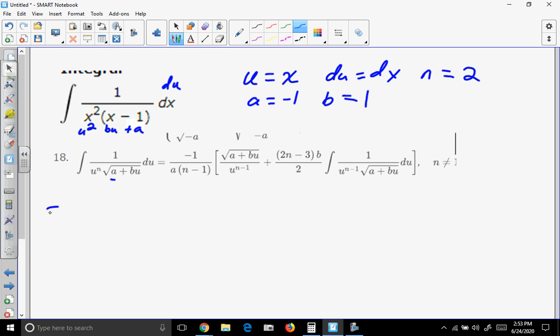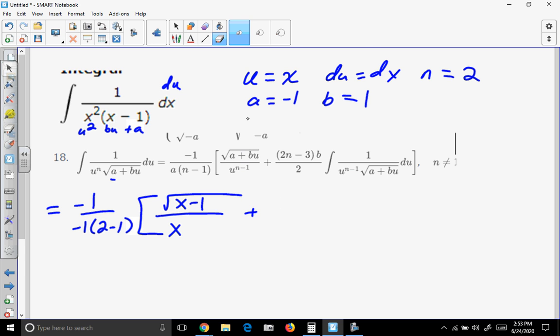So we're told that that integrates into -1 over a times n minus 1 times the square root of a plus bu. Well, that whole thing is u, so we could call that square root of x minus 1 over u to the n, so 2 minus 1 power, plus,